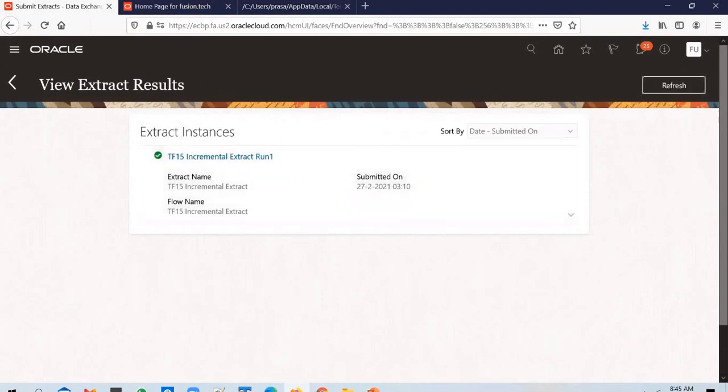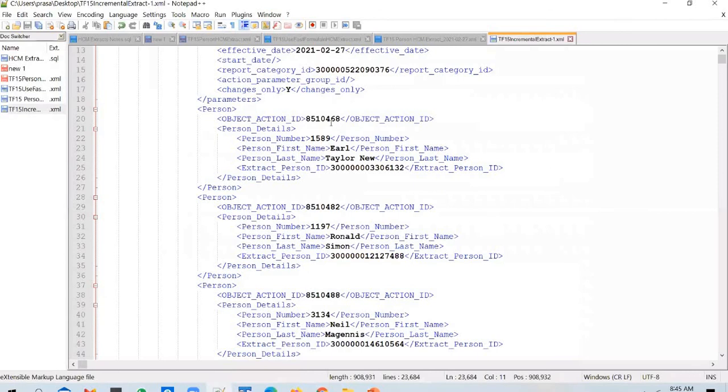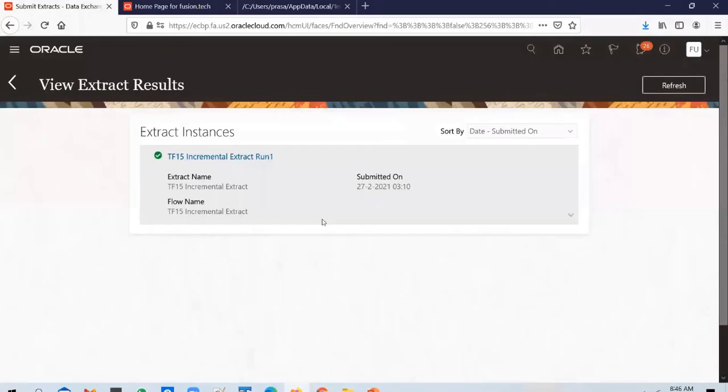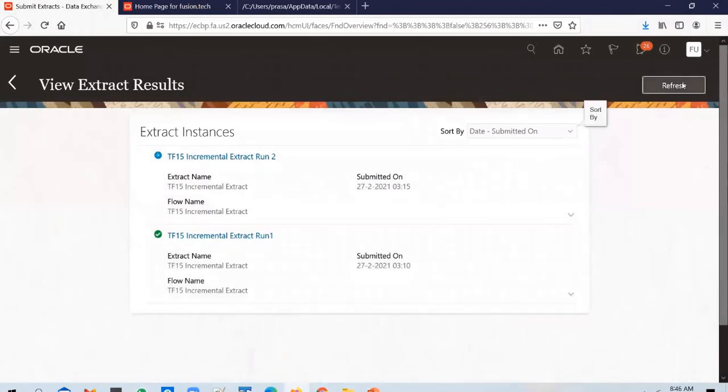And after this run, what we do is we will pick up one of the employees from this extract, and we'll try to update the name of the employee. So we'll probably suffix "new" to the name, and we will rerun the extract, and we should see only that employee in the third extract. Okay, any doubts, guys? Any doubts in what we covered in today's session while this is running? Okay, I'll take it as no.